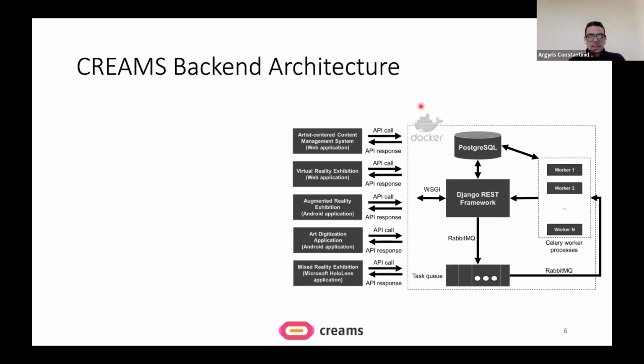Moving on, I'll present the overall backend architecture. Again, on the left side, we have the different types of client applications that were implemented, including the web application that is responsible for the content management and the VR exhibition, as well as the two mobile applications, one for the augmented reality exhibition and the other one for the digitization process.